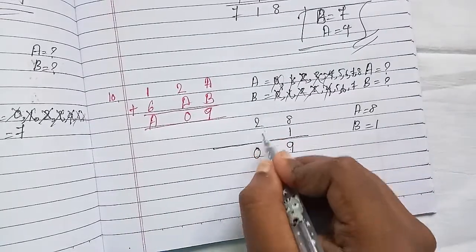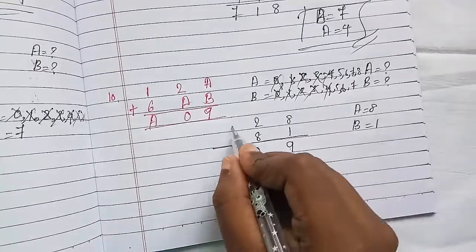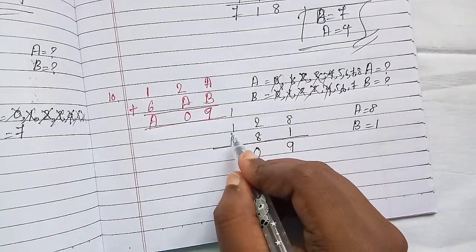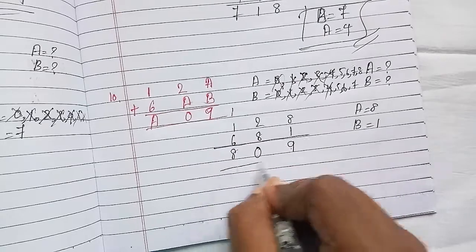9, 2, 8, 1, 6. 8 plus 2 is 10. Carry 1. 6 plus 1 is 7. 7 plus 1 is 8. See, value of A is